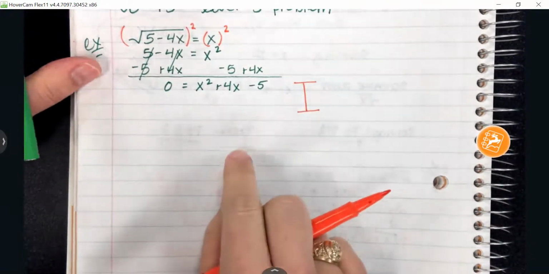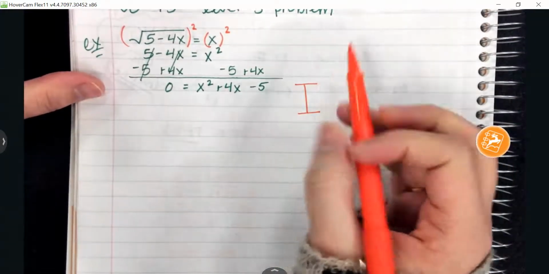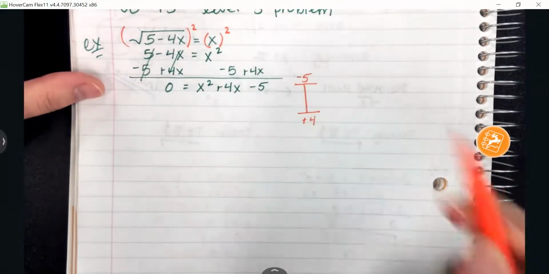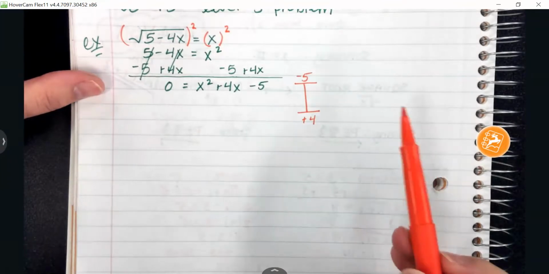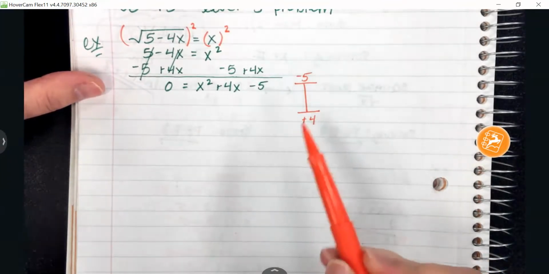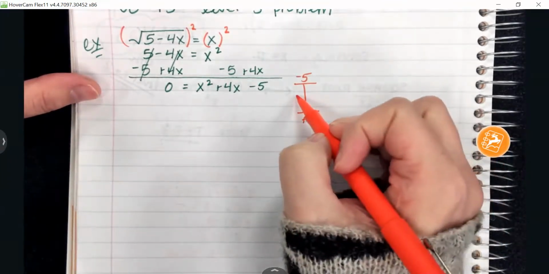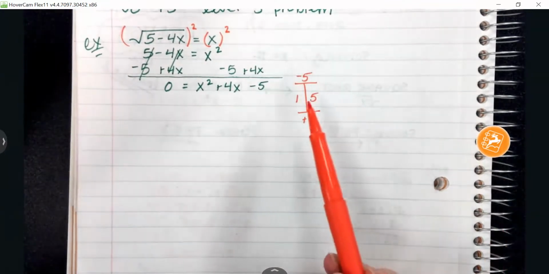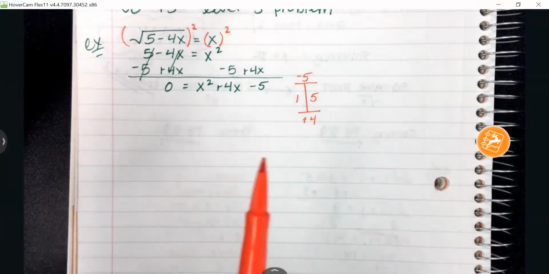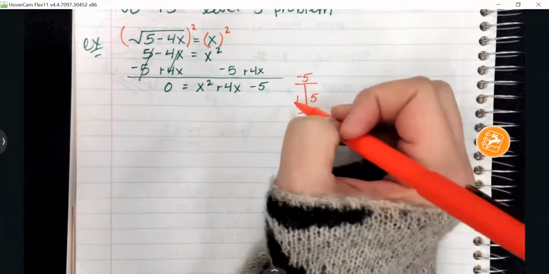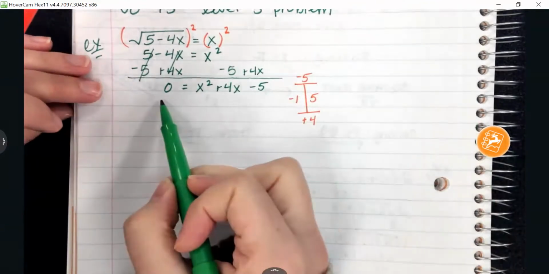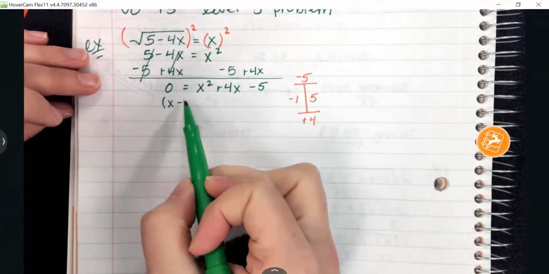What number's at the top of my eye chart? Negative 5. And what's at the bottom? Positive 4. What's the only thing that can give me 5? 1 and 5. How will I get a positive 4? Minus 1. Very good. So when I write it, I'm going to have x minus 1